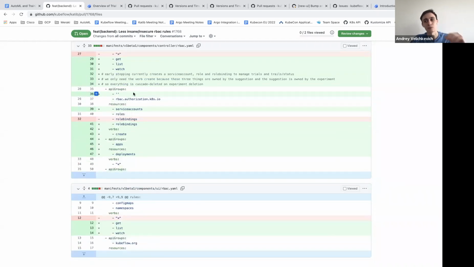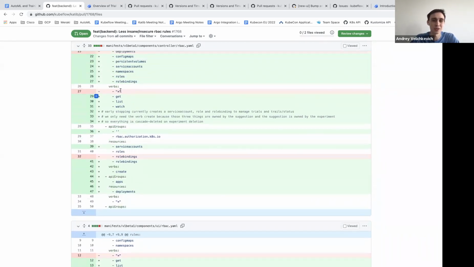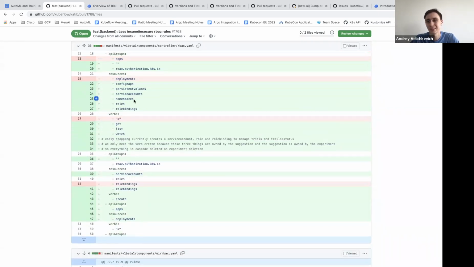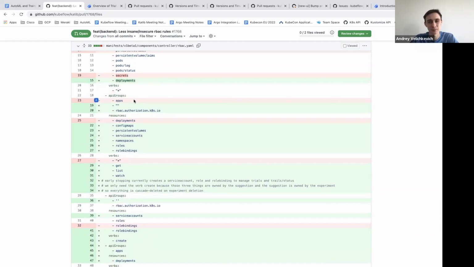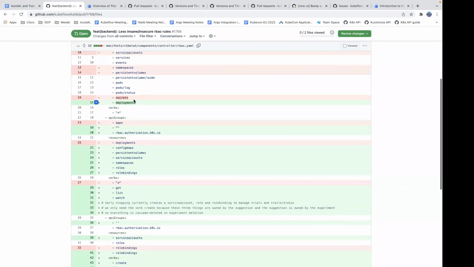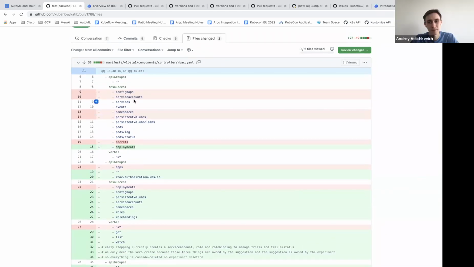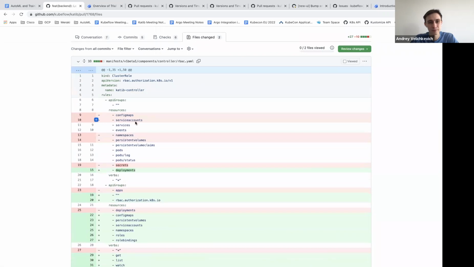Because from the first look, I can't say which verbs we need to specify for each resource. Any other solutions? I don't know how else we can iterate on this process. I'm not sure whether there is any other way.